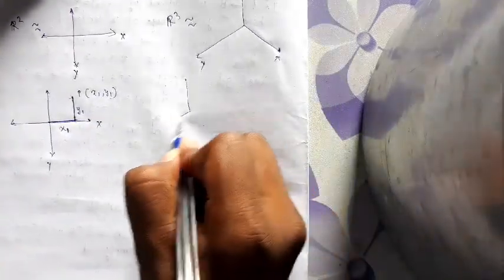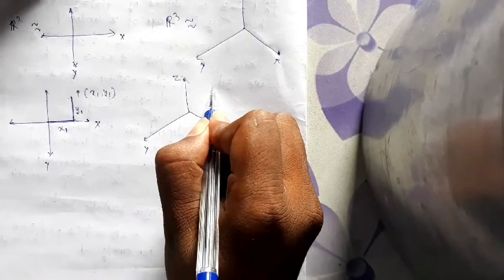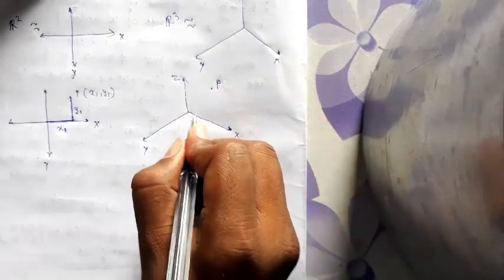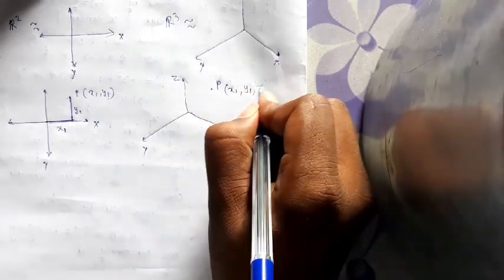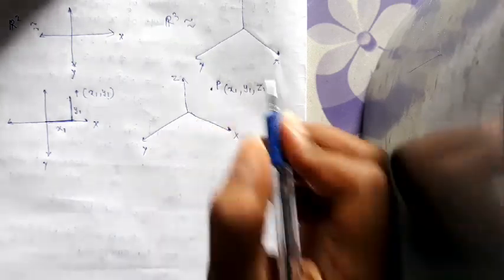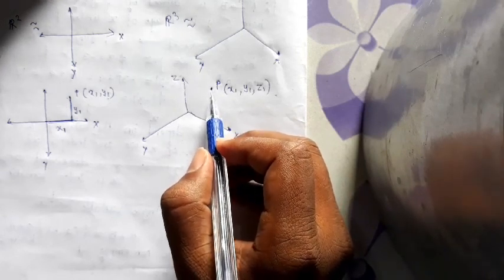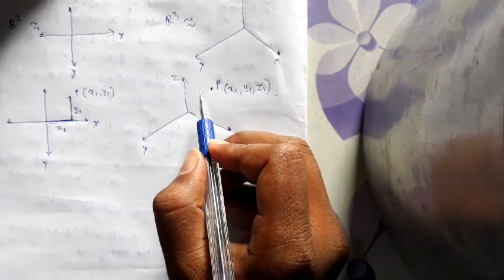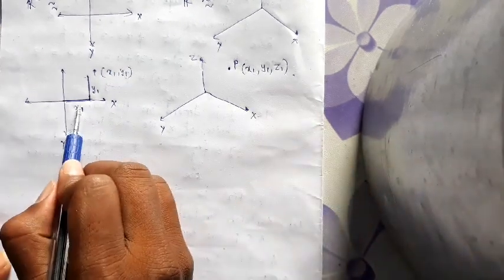In three dimensional vector space, there are three axes x, y, z. If we take any point P here, along the x axis x1 distance, along the y axis y1 distance, along the z axis z1 distance. This is your position in your home. If you want to specify your location, then from any corner you can see along the x axis, y axis and z axis you will get three coordinates. So up to this is three dimensional vector space, this is two dimensional vector space. So R2 and R3 is clear.